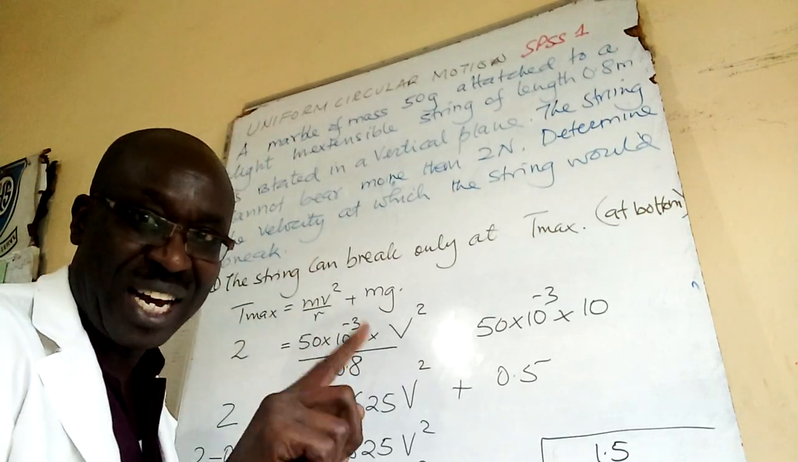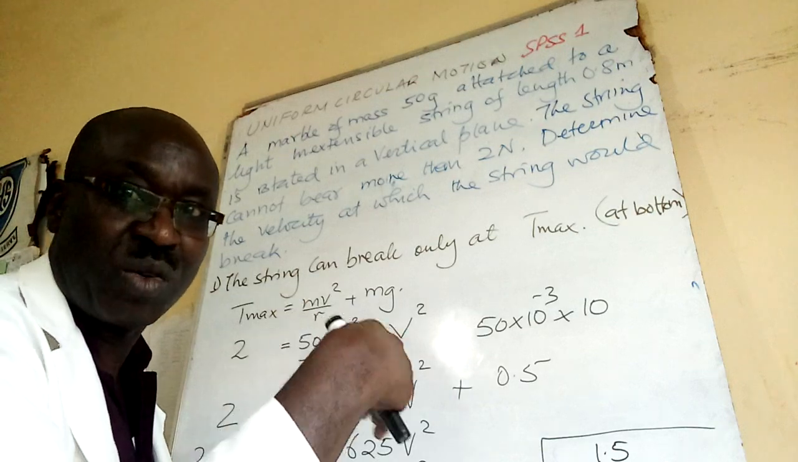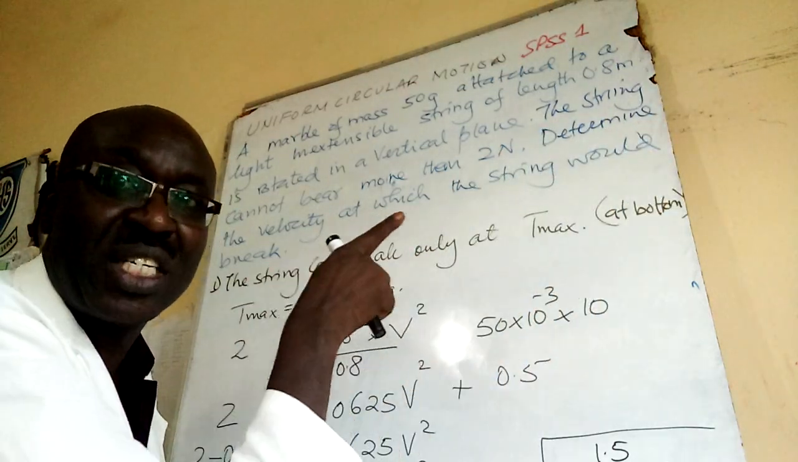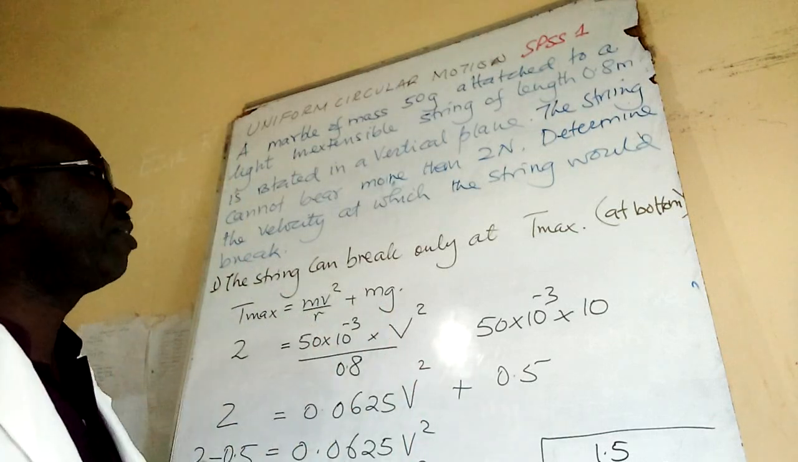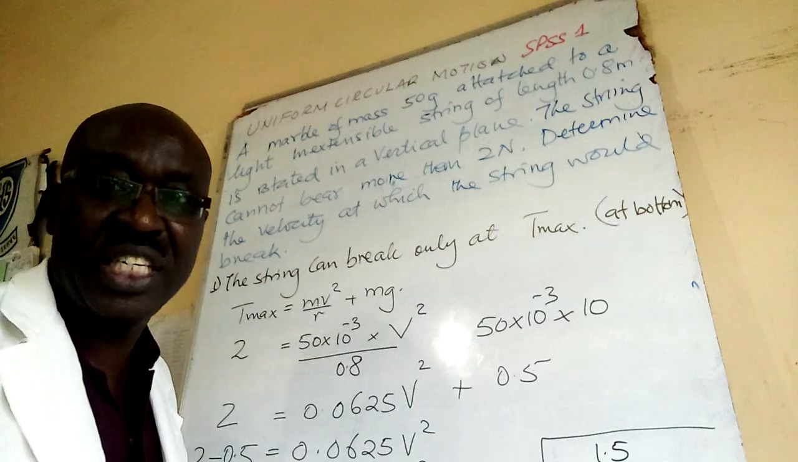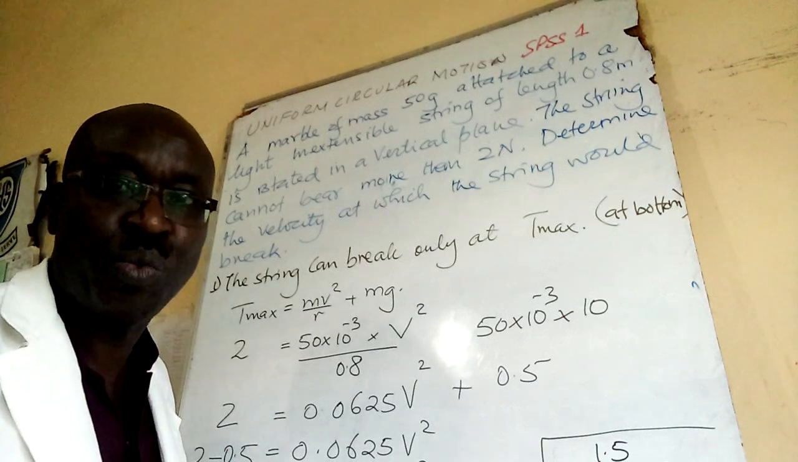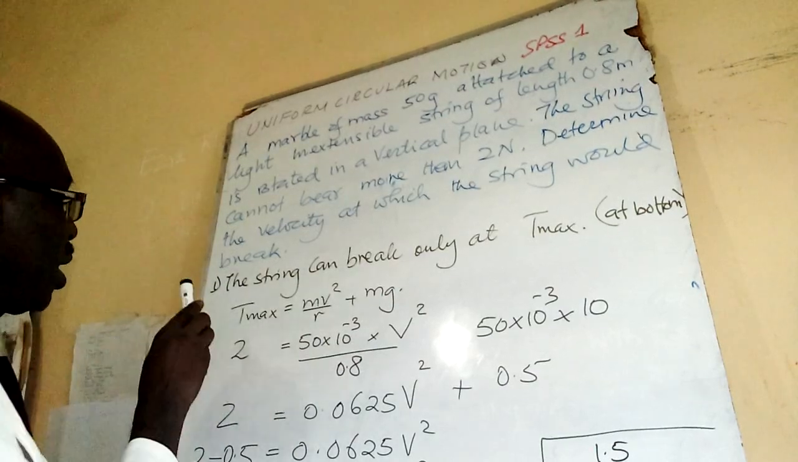Start to connect the language we used when teaching and exam. It cannot bear more than. That means that is a maximum tension. Determine the velocity at which the string would break. At what velocity is the string likely to break? So the interpretation here is